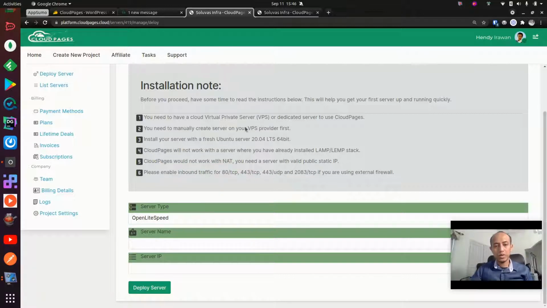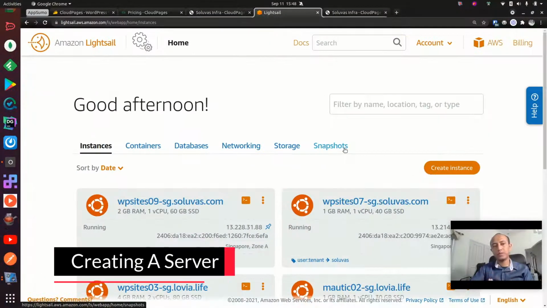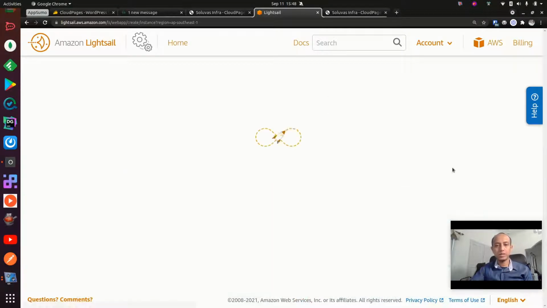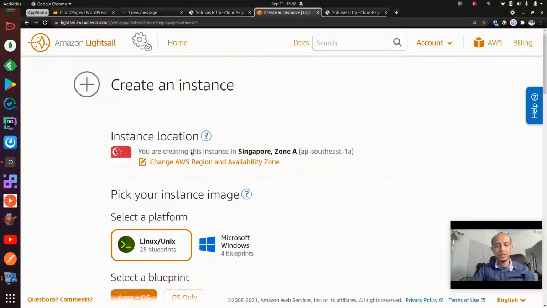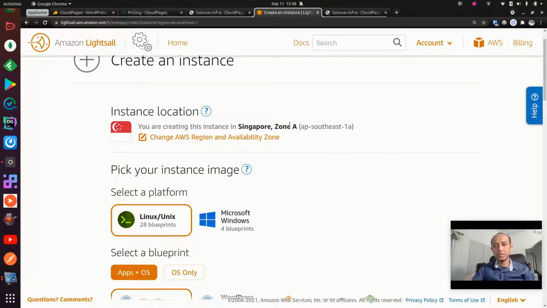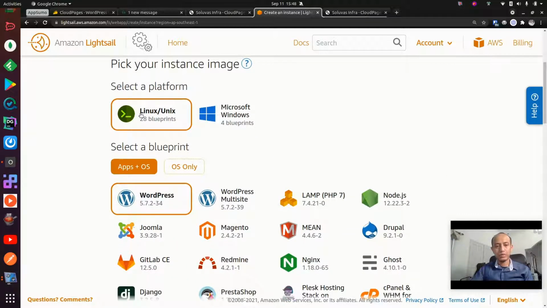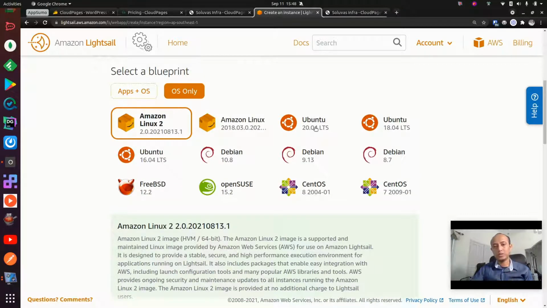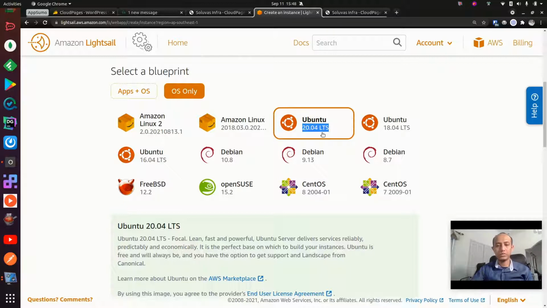Alright, so now I will create a server on my VPS, and this time I'm going to use AWS. Okay, so now I'm logged in to my AWS account, and I'm using the Lightsail service. So now I'm going to create an instance. I'm going to choose Singapore as it is the closest to my location in Bandung, Indonesia. I will choose the platform Linux, and then the blueprint I will choose Ubuntu 20.04 LTS, as this is the